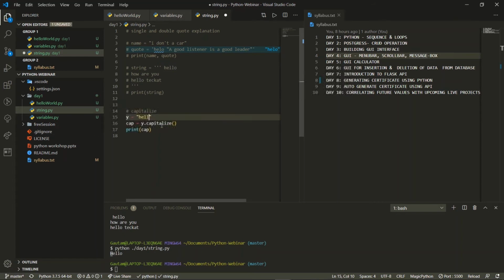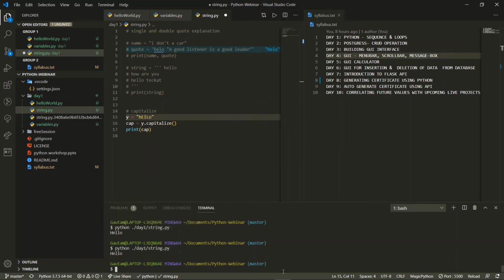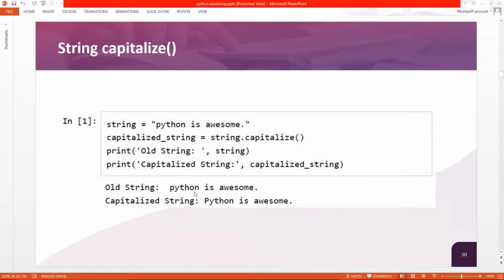Okay, let us do one more thing. Let us see if we have jumbled characters, meaning uppercase and lowercase jumbled together. If we execute this code, then what happens? See, you will find only the first letter is capital and the other letters are small. So this kind of data handling is made very simple with Python. This is one function that I told you. There are many functions, so you just try them at home after this session.